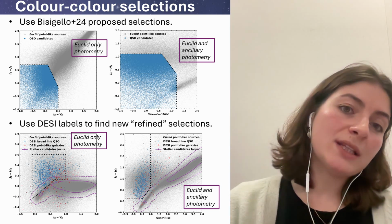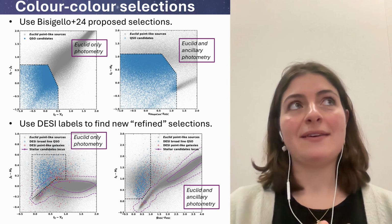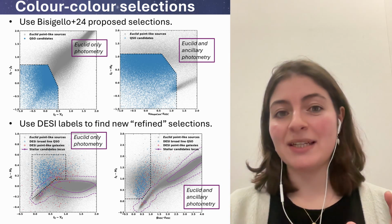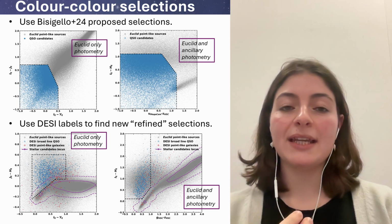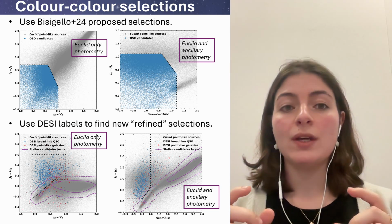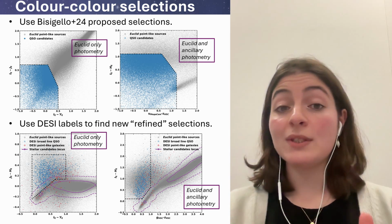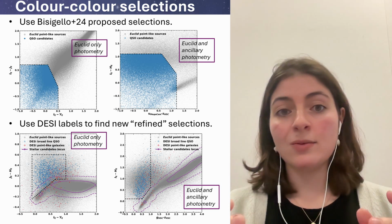One problem that we had with this selection was that we were obtaining large amounts of candidates, which made us believe that removing the stars was not enough to take into account the contaminants. So we refined these selections by adding a morphological cut. Seeing as these selections were specific for detecting QSO type AGN, which are meant to be point-like, we combined